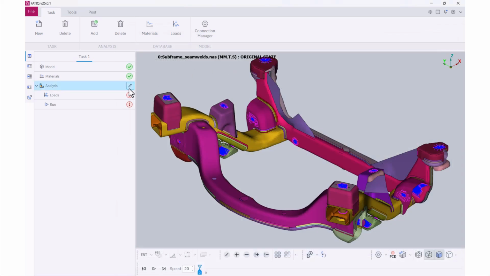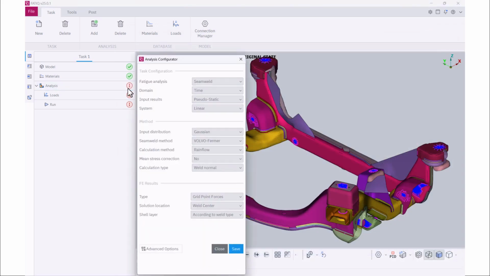Moving forward, go to the Analysis Configurator window so as to fill in the necessary analysis parameters. The current analysis is a stress-based fatigue analysis on seam welds, using the uniaxial method in the time domain. The input results are static. The Volvo Firmer method is used. The rainflow algorithm will be applied and the calculation type is weld normal.